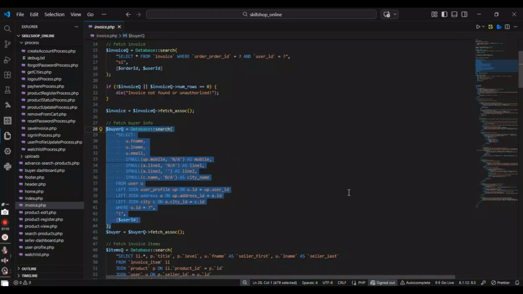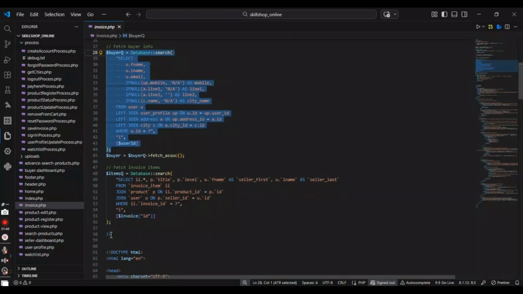this query is used to retrieve the buyer's personal and contact details for display on the invoice. It joins the user profile, address and city tables to collect complete information like name, email, mobile and address. Left join is used to ensure data is still returned even if some fields are missing. The IFNULL function replaces missing values with not available to keep the invoice clean and user friendly. And then here,